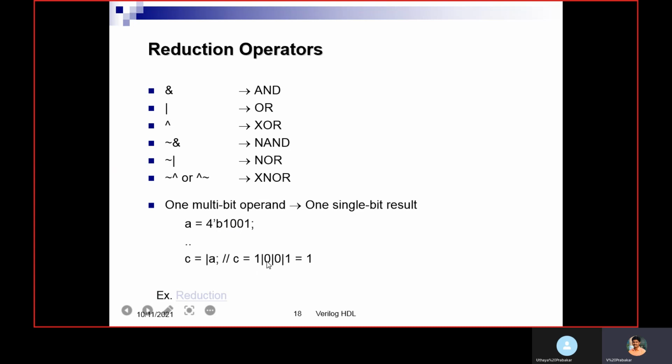For each individual bit it will perform the OR operation. 1 OR with 0 you will get 1, then 1 OR with 0 you will get 1, 1 OR with 1 you will get 1. On each individual bit it will perform the given operation and give a single-bit output. This is called the reduction operator.